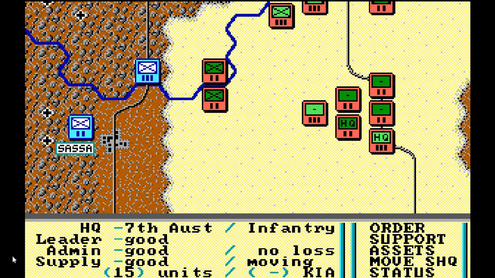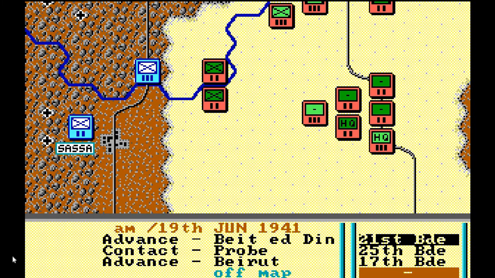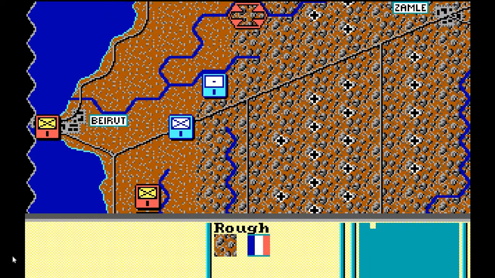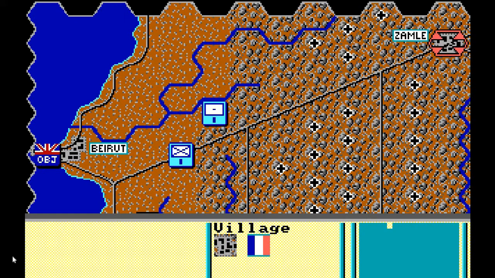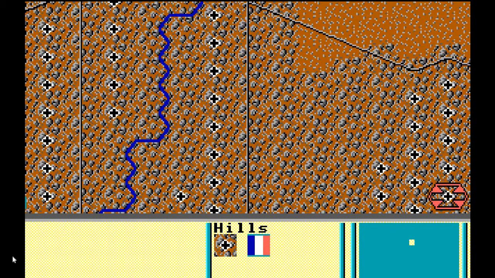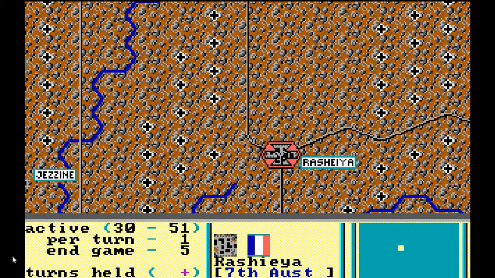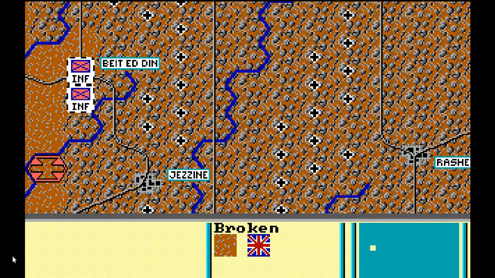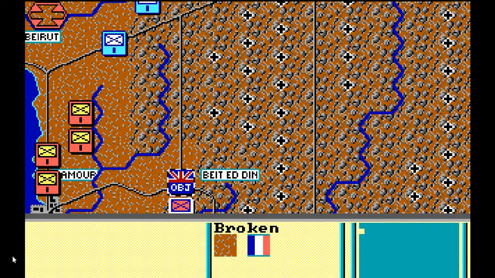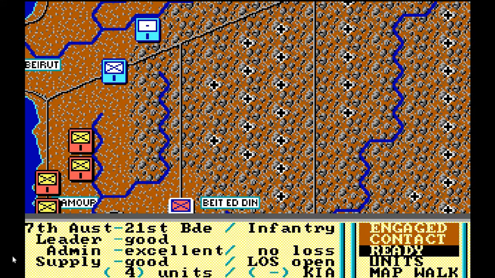Okay. Go to orders, back to 7th Australian, advance to Merjayoun, 21st Brigade, advance to Beta Din. We've got that. I think, send them north. Zamle is not an objective, so how do I get them to go? Well, I guess I could go due east to Rashaya, but, well, I think I'll have them go after the enemy unit, this one or the artillery unit. Ready,